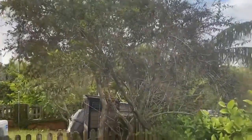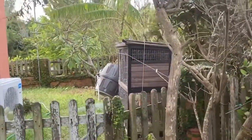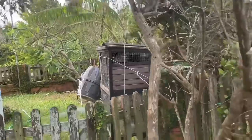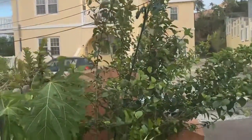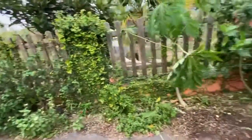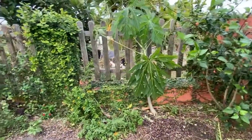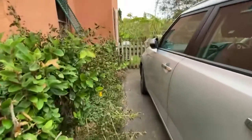The pigeonberry is just fried, and as you can see, the branch that used to go over the hutch is now gone. And then down this way, the pawpaw did pretty well. We've stood back up the Chinese hibiscus again. And this is actually, I guess it was somewhat protected. So once we get these bits and pieces out, it shouldn't look too bad. And then over here, yes, we'll probably cut this back a bit. And then finally,